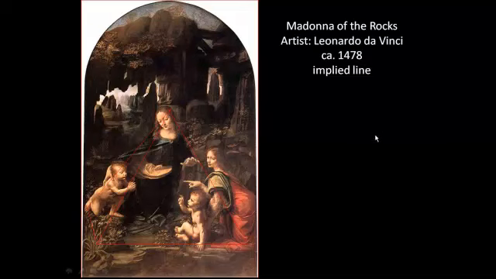One, implied line does function to structure the composition, but more importantly, and this is really what we'll be focusing on this semester, the implied line functions to guide the viewer's eye. The artist carefully uses an implied line to make sure that the viewer is looking where they want the viewer to look. Now, Da Vinci here